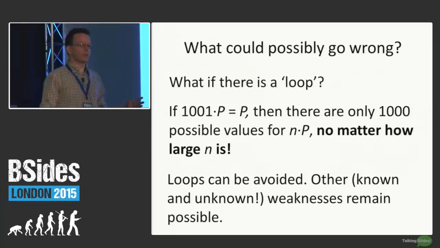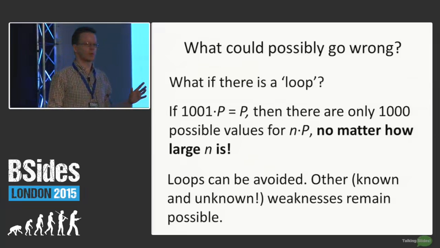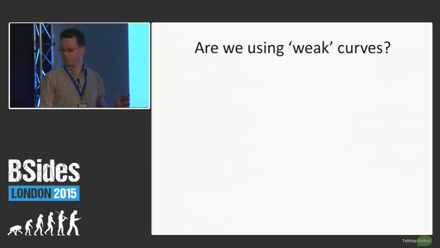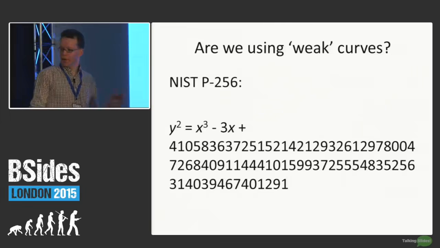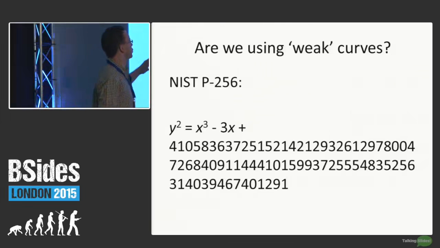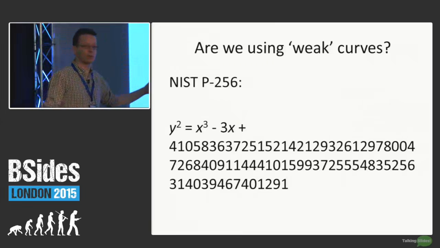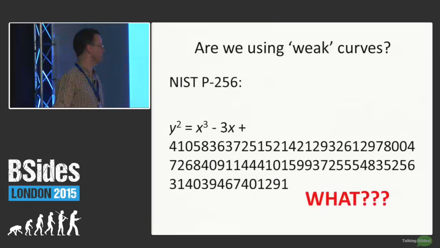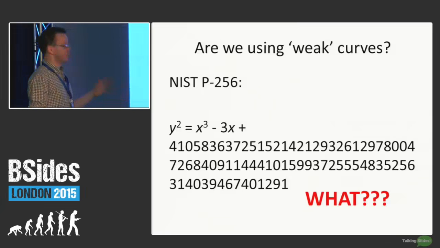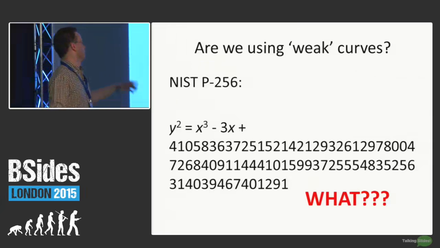So I showed in this Wireshark session that we were using a curve called NIST P256. It's defined as follows by this equation with a very large number. This is the kind of large numbers you see in crypto. That's nothing strange. It doesn't refer to the fact that this is a large number or a number that looks random. That's the whole point. But there is no good explanation of why NIST chose this number, this curve, which is a bit worrying.